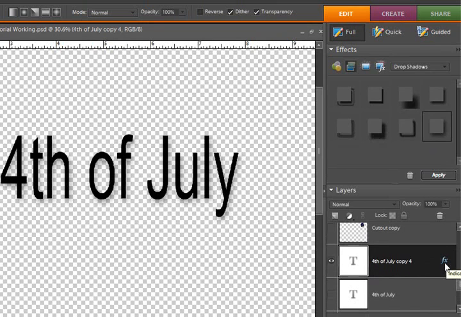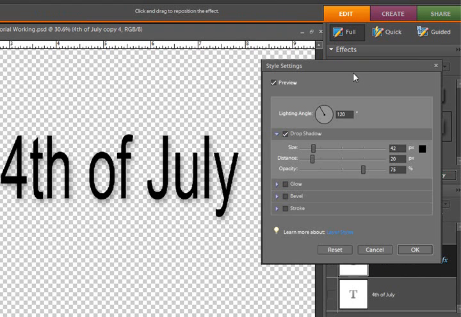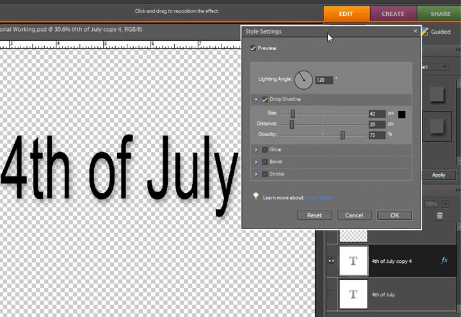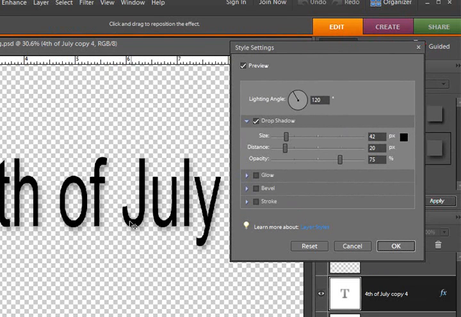I'm going to double click on the FX to bring up the style settings. Now I don't want a drop shadow on here. I just put that on there in order to be able to utilize the style settings. So I'm going to deselect drop shadow here, and now we have no styles on this